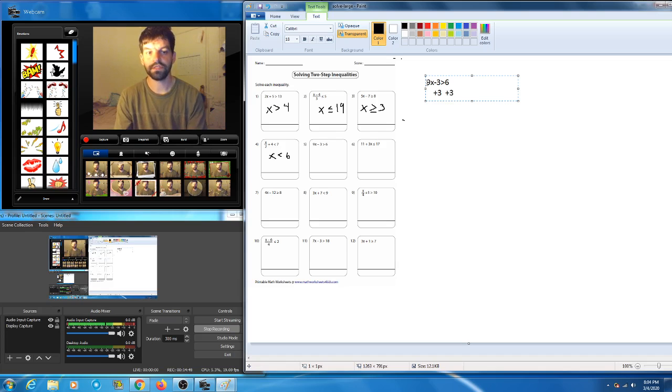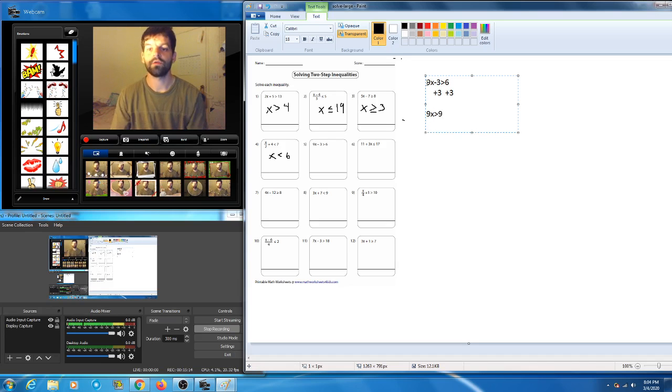And remember, using that inequality sign as the fulcrum of your seesaw or your balance scale, that's going to tell you to make sure we mathematically operate on both sides of the inequality here. When we do this, those 3's are going to cancel out, so we'll get 9x is greater than